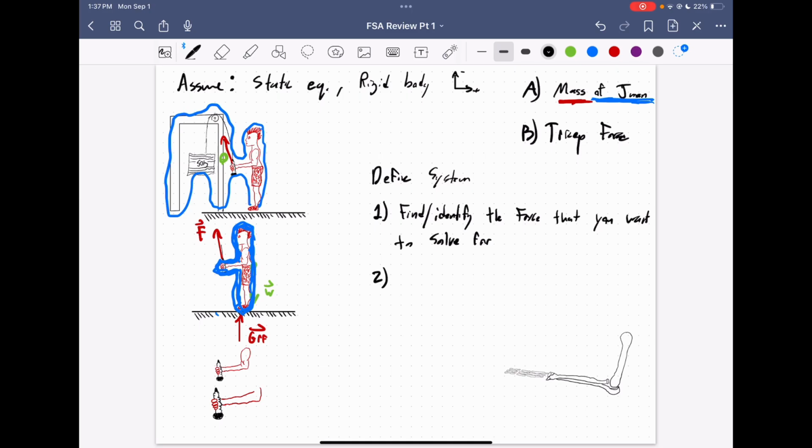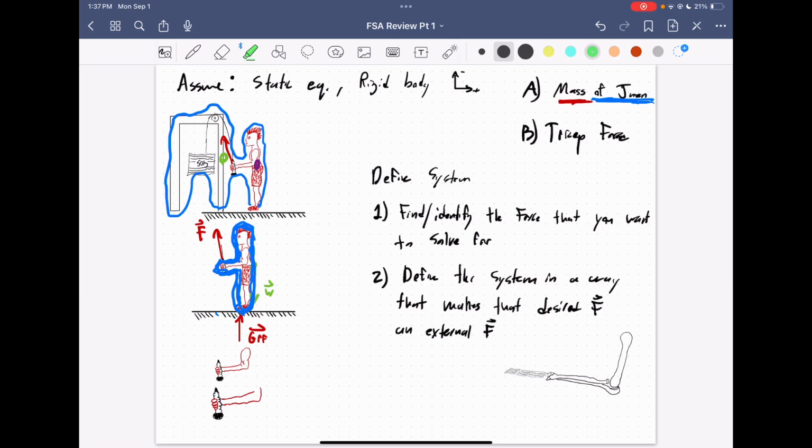Step 2, define the system in a way that makes that desired or unknown force, we'll call it the desired force, an external force, right? Inside here, this first example, right over here,